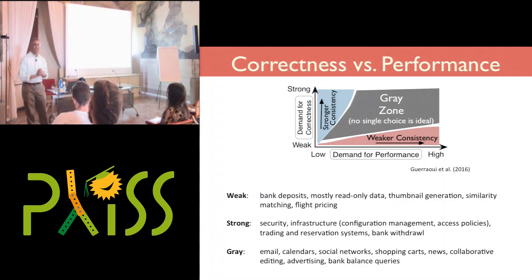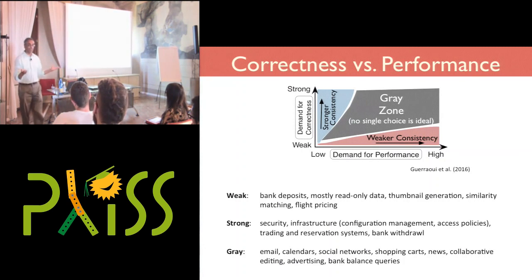On the other hand, there's a whole bunch of applications where we regularly live with various degrees of weakness, various degrees of inconsistency. I lose email all the time, and it's not just because I delete it. It just doesn't show up, or it shows up later than I expected. It's okay. I'll complain, but I'll live with it. Distributed calendars sometimes take time to propagate to everybody. That's okay. Social networks are a really good example of cases where a particular post may take a while to show up, but we don't make such a hue and cry over it.